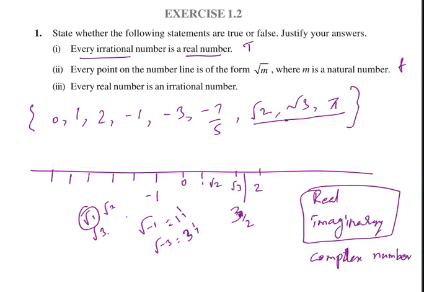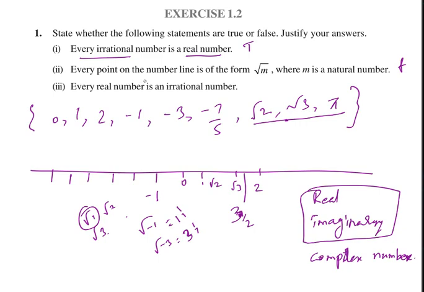So about complex numbers we'll learn in the higher classes. The root of minus 1, root of minus 3, the root of negative numbers will not come. So this statement is false. Negative numbers are on the number line, but when we take the root of a negative number, it becomes a complex number, and those are not natural numbers. So this statement is false.